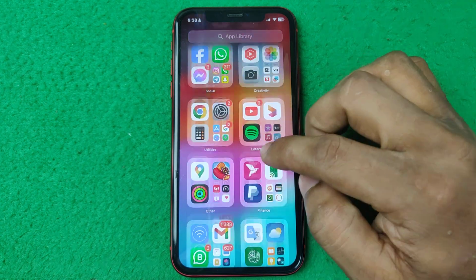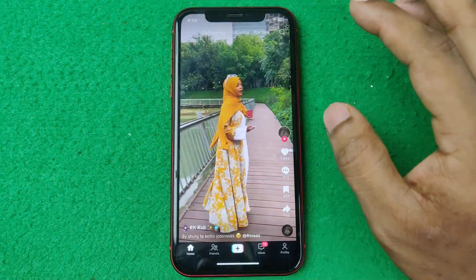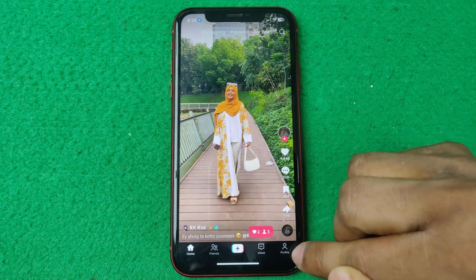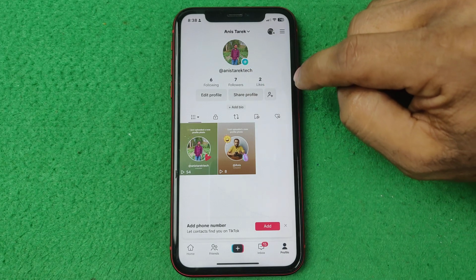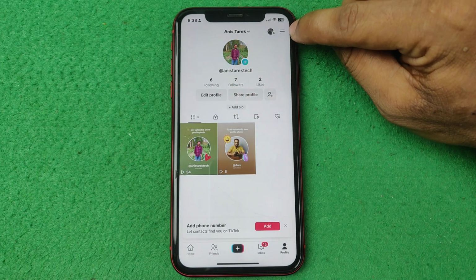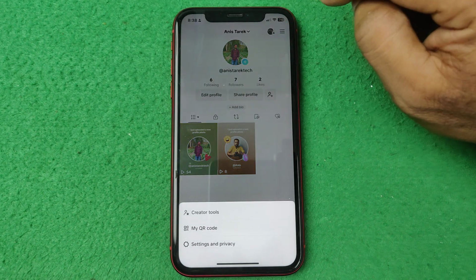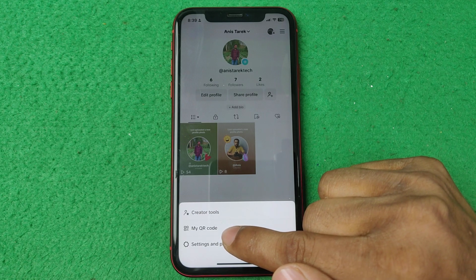So let me show you from the beginning. First of all, open TikTok on your iPhone or Android. It works the same way. Then tap on the profile icon in the bottom right corner. Then as you can see, here is my TikTok profile. Then tap on the three-line menu at the top, and a pop-up of settings opens, and the second option is My